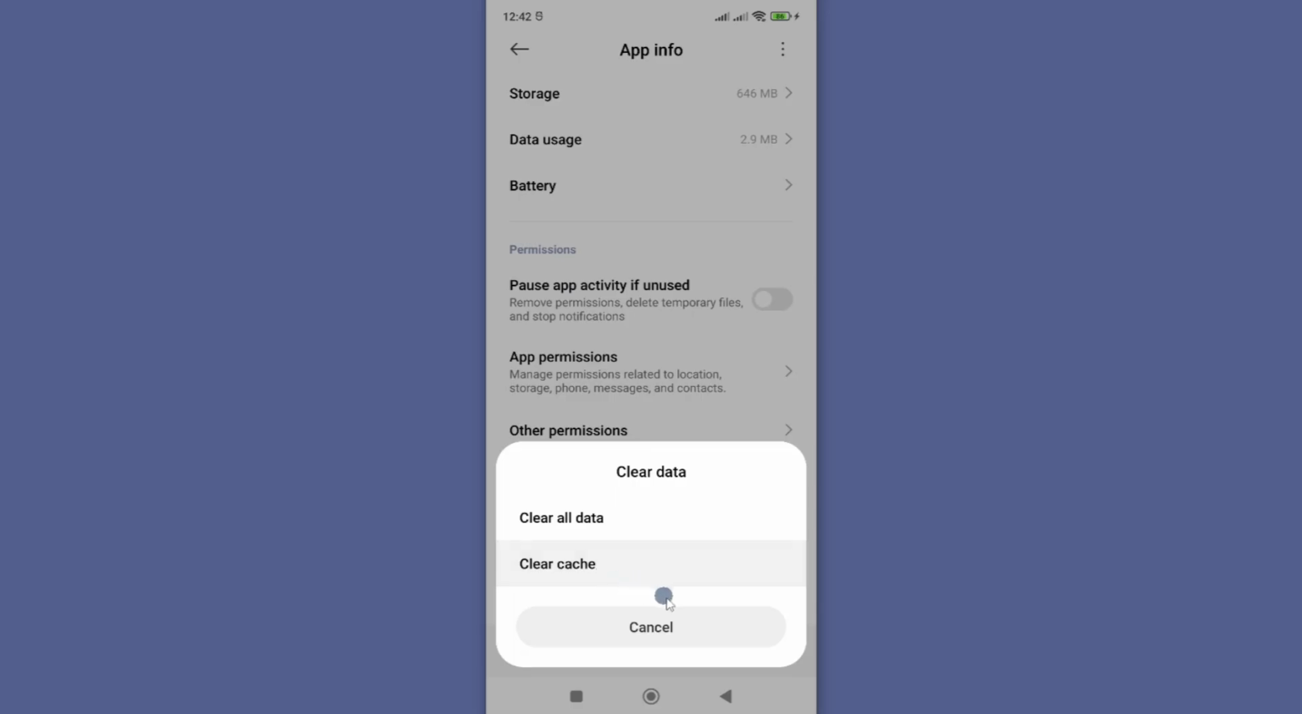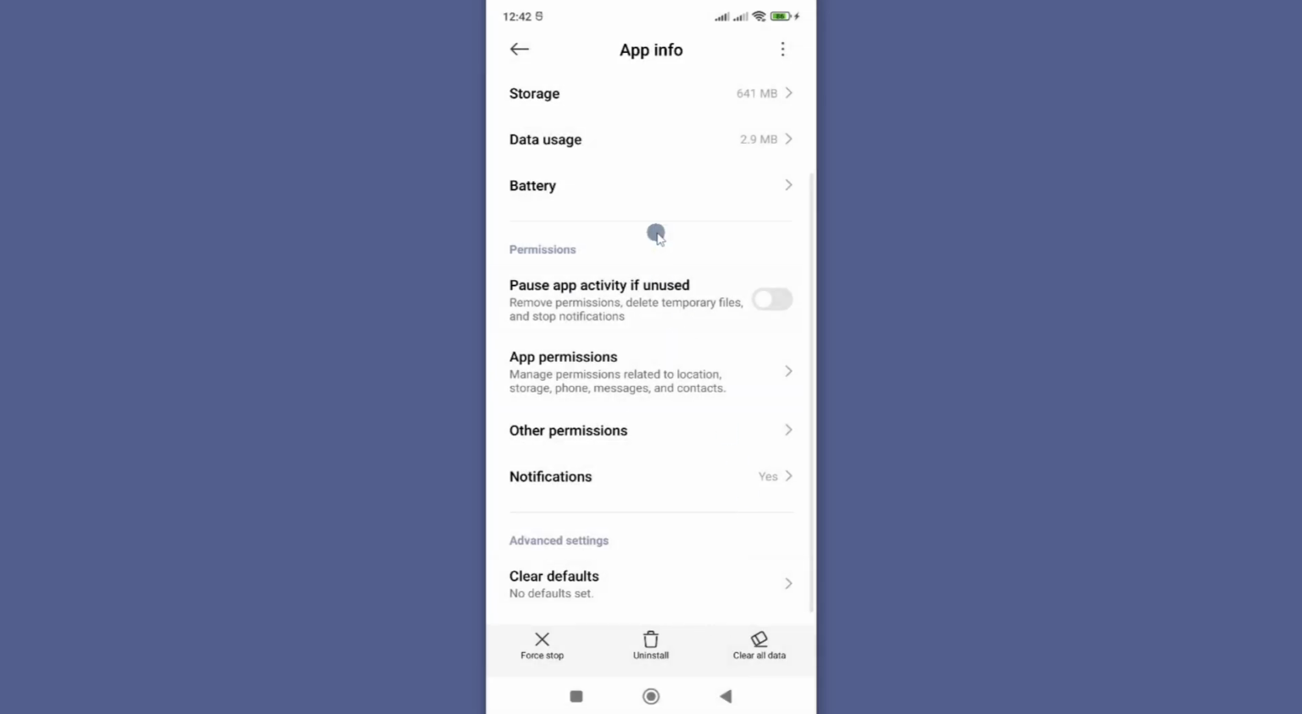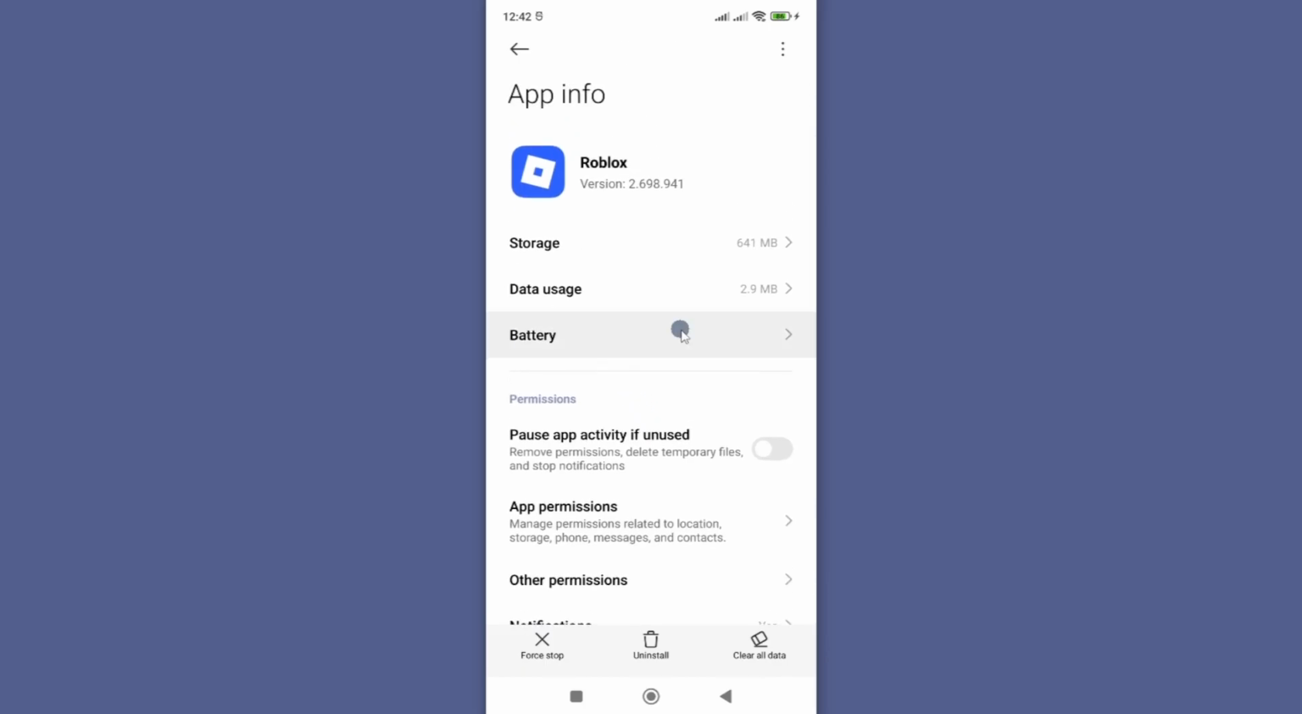So when you talk of cache data, these are just small files that your app normally collects and stores whenever you use it. However, accumulation of these files might cause your app to malfunction, and this includes connecting to camera. Once you're done, now go ahead and restart your phone and then open it again, and this should have fixed